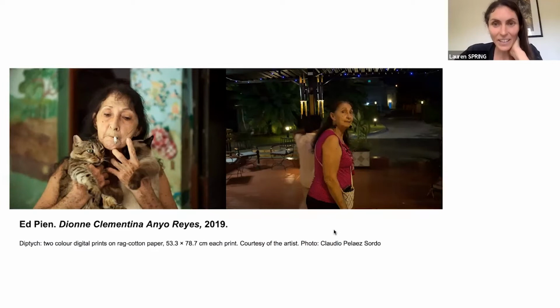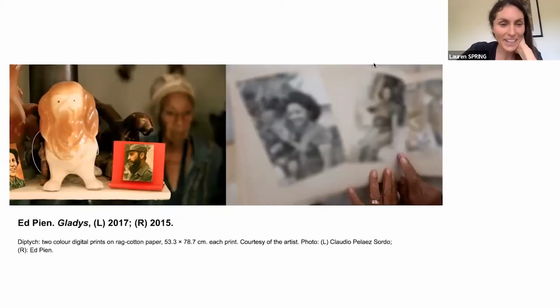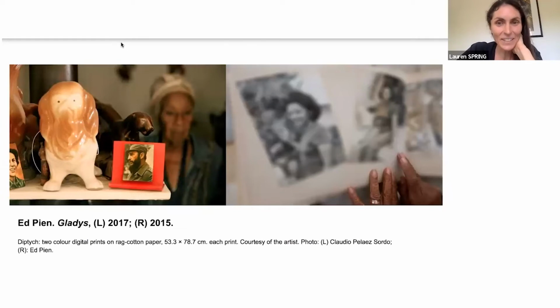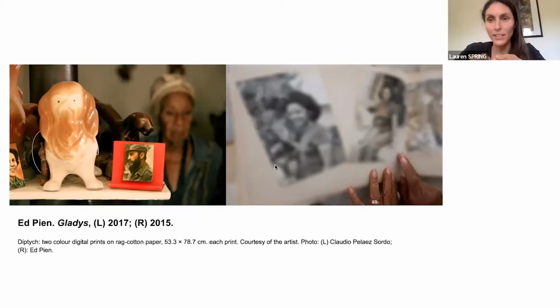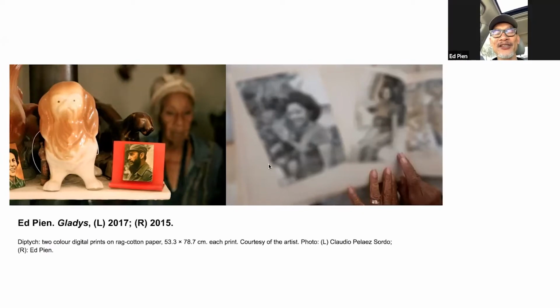That's actually a great segue into the next picture here. This here is Gladys, and Ed was just mentioning the material conditions of a lot of folks within Cuba. Gladys, I just find photos and videos of her so striking. She's someone who really invests a lot of meaning in objects she has. I mean, they all do to a certain extent. But I believe that she really liked dolls, right? And she had a lot of little trinkets and figurines like this. Yes, she loves chachkas, and most Cubans do, even though there aren't hardly any objects around for them to collect. They try to amass as much as they can.